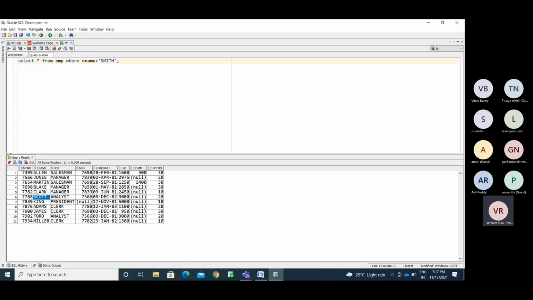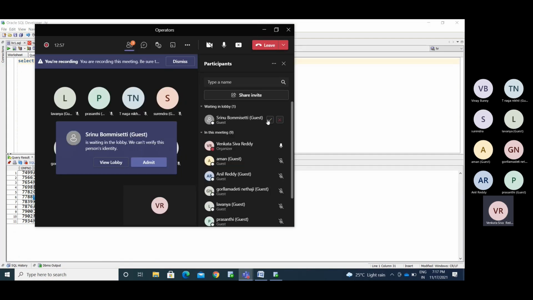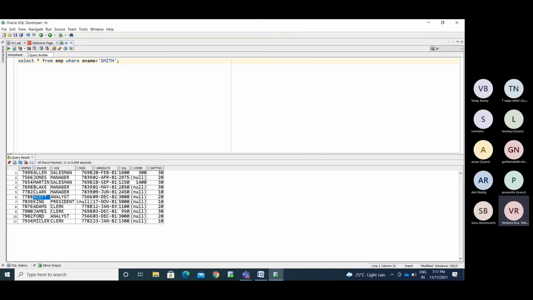If we compare with the less than and greater than symbols, that will work for numerical values, not character values. This is not the correct way to use greater than and less than. The interviewer may sometimes ask, what will you get if I use characters for that? If you compare two characters using greater than, you will get the results, but you cannot decide what value you will get first.